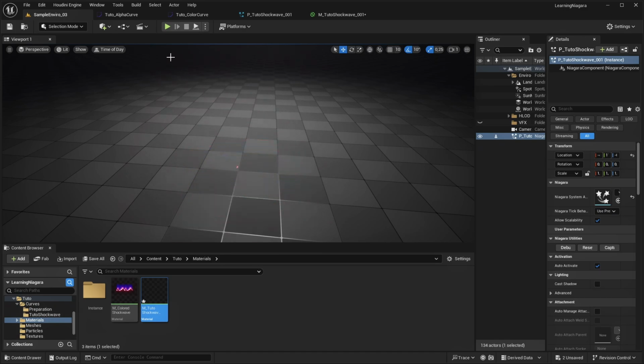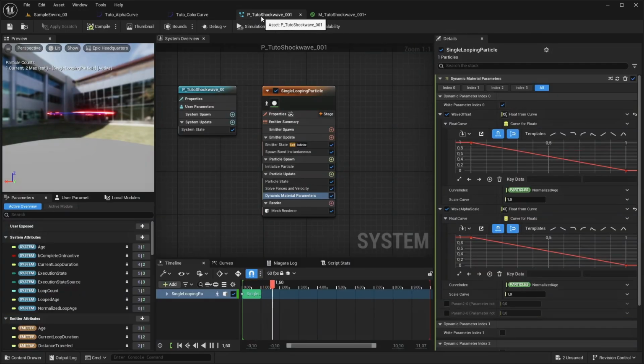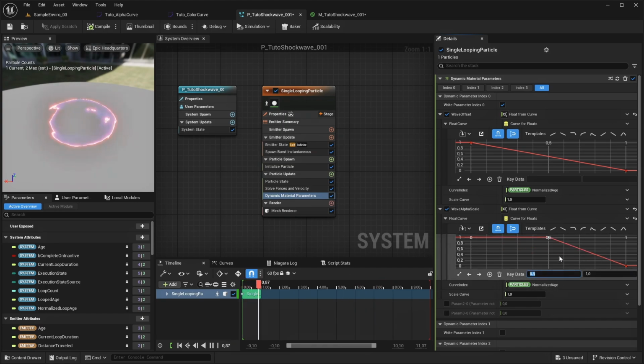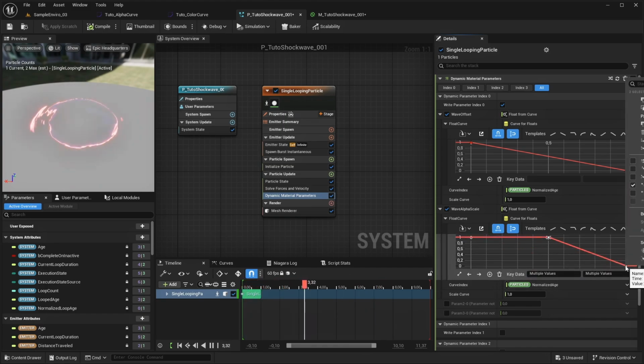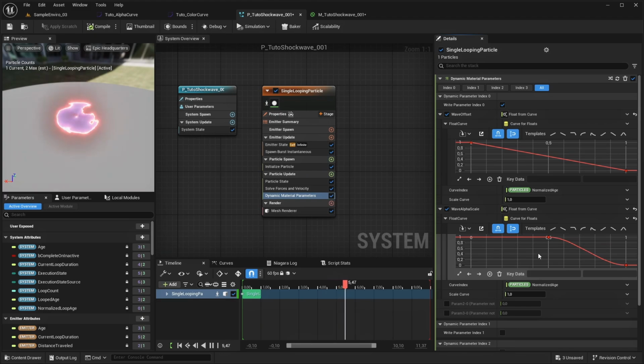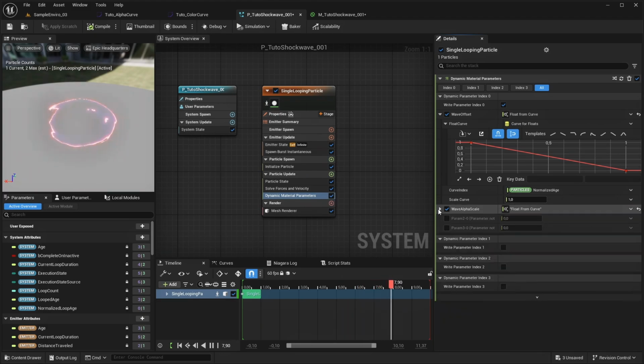We can improve the scrolling by going back on our particle. Yeah, just like that. And we'll adjust a few things on the curve to have something more juicy to watch. The first thing we'll adjust is the scale. So take this key on the left and put it on 0.5. You can also select both and break the tangent to have something automatic. And we will have something that is bright on the beginning and after that will fade out.